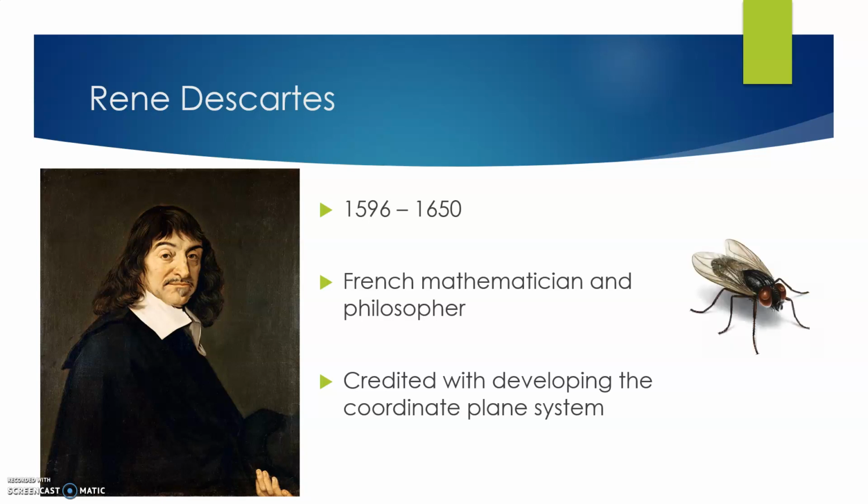But the story goes that he was lying in bed one night, looking at his ceiling, and he saw a fly flying about on the ceiling, and he wanted to know, so if we think about like this is his ceiling, he was saying, okay, the fly is here. How do I explain how the fly got from here to here? What is the relationship? Then the fly maybe flew here and then here, and he was trying to figure out, how can I explain the position of the fly on the ceiling? Don't know if it's true or not, but it's a kind of a fun story. But either way, whether there was a fly involved or not, he is credited with developing the